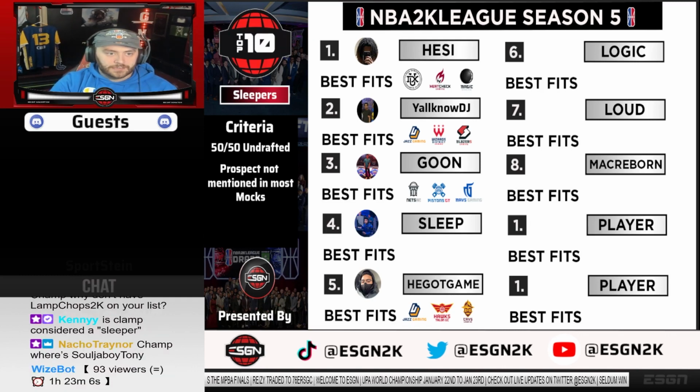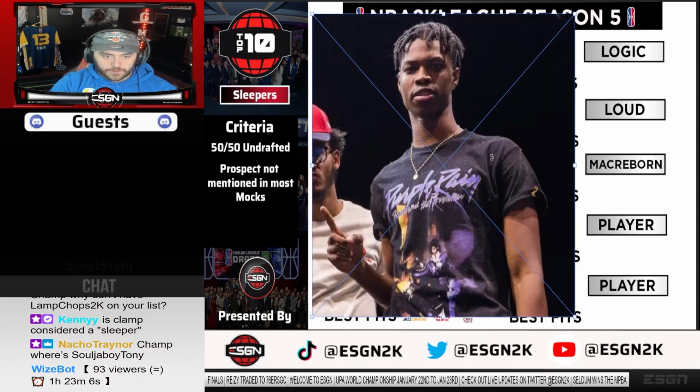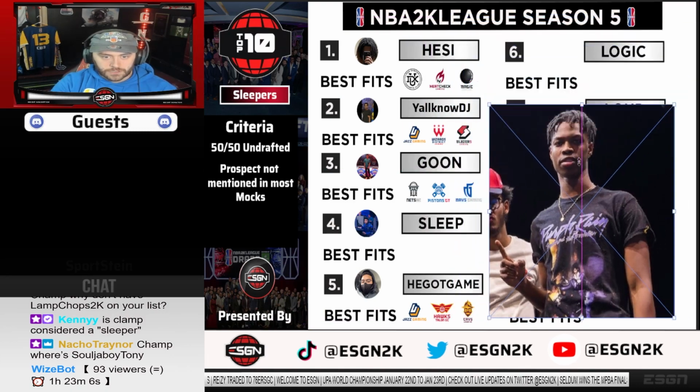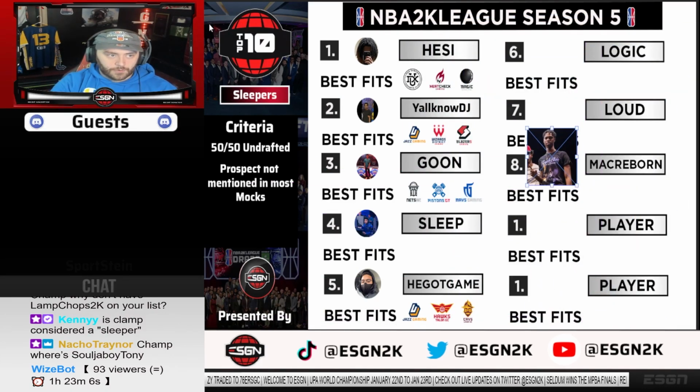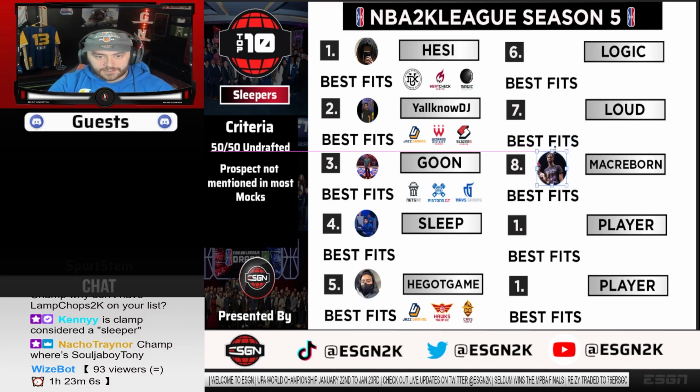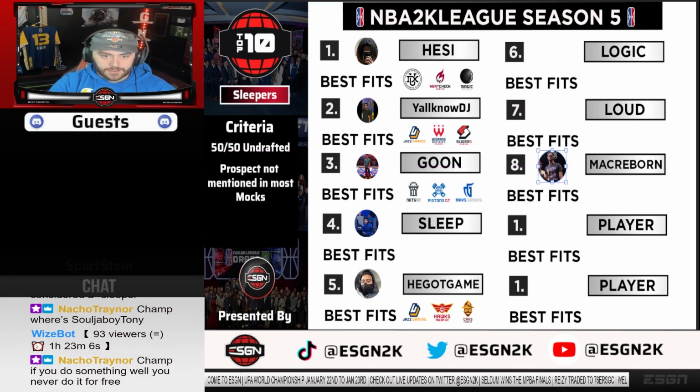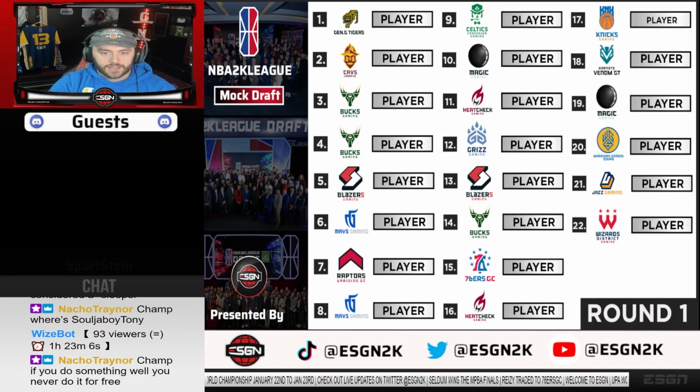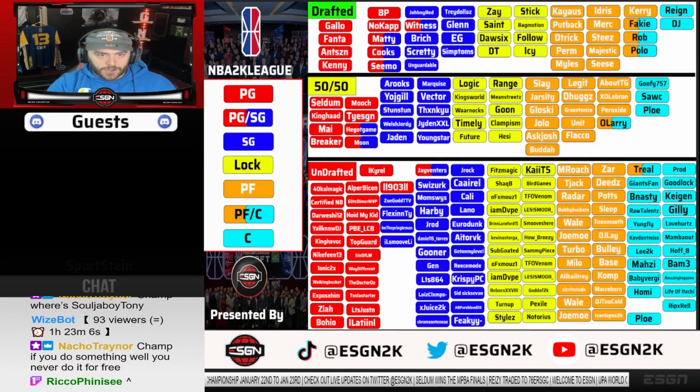Good fits for Mac. I feel like I could do Max right now. So Mac Reborn, I could probably say the Hornets. I feel like this is definitely a late pick in my opinion. I project Mac to be a late second or third round pick. He's a guy who maybe under some eyes is rated higher, but I don't know, man. Mac is good at the game, and I think a good fit for him is definitely the Hornets team. I would love to see him along Crown.